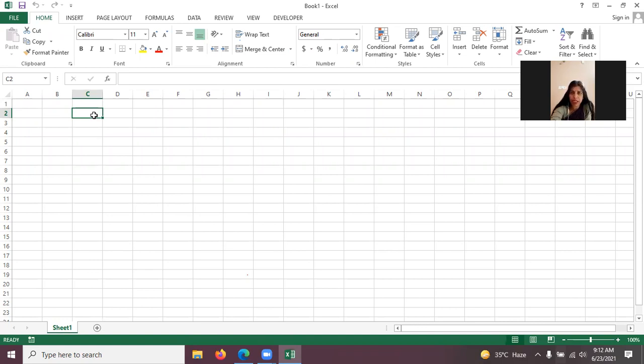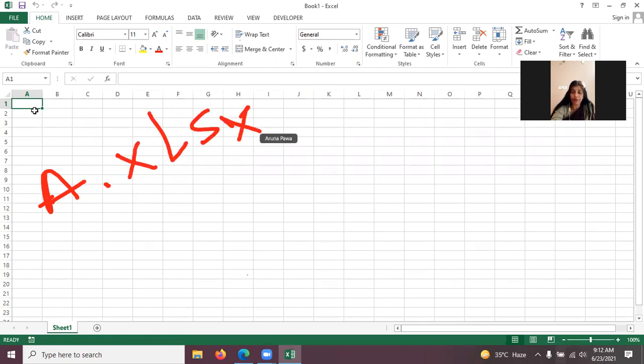On the title bar it is not shown. When we save this file, in a computer we save a lot of files. So whenever we save an Excel file, suppose I'm saving this file with the name A, this file named A will be named as a.xlsx.